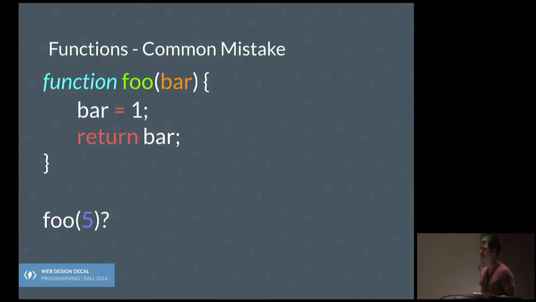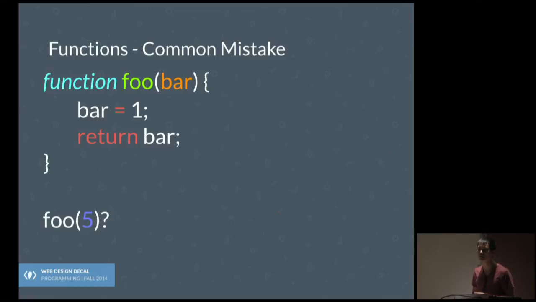Okay, now we're talking about scope and what bar is outside of the function. So here's a strange thing that might confuse people: bar doesn't exist outside of the function necessarily. Unless you have a variable called bar outside of the function, it will say what is bar, because it won't really know. Basically, within functions, I take the name of this input, and within the function, I do stuff with it. And then right when I return it, I'm outside the function definition body, and then it just doesn't exist. So it won't know what you're talking about. It'll say bar is undefined.